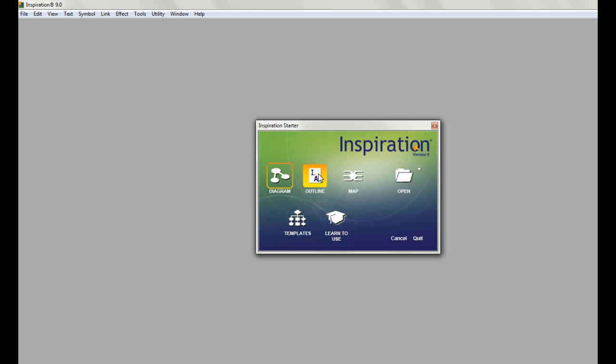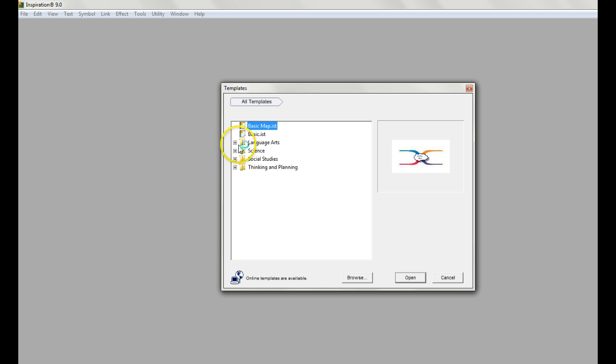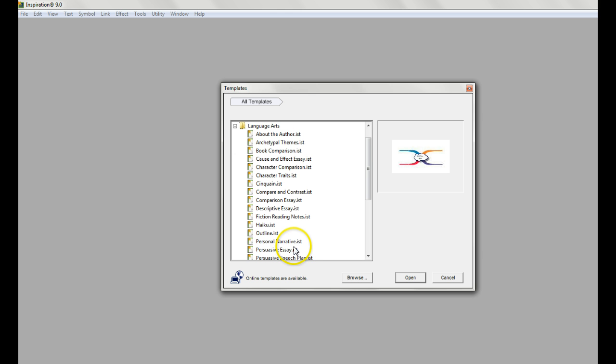It gives them a better comprehension of what goes into a specific paper. So it's not just a tool to make what people think are more like organizational charts. It's actually a great tool to do some graphic organizers and to build your lesson. So in the assignments, you do have the very specifics of what you need to have. You can go to the templates, which is where I typically go, and they have language arts, and if you click on that, it'll give you quite an array of different pieces, and the same thing would be applied to